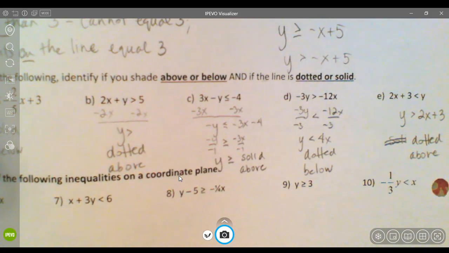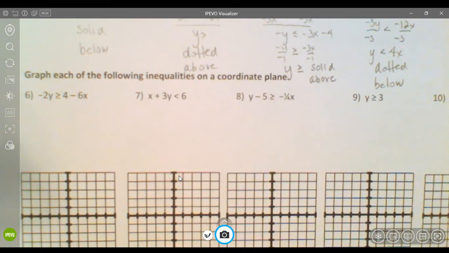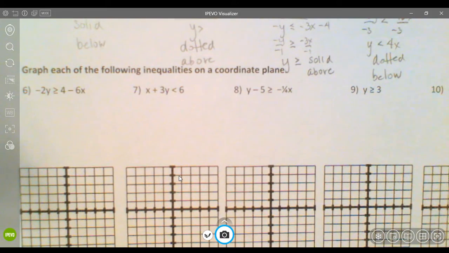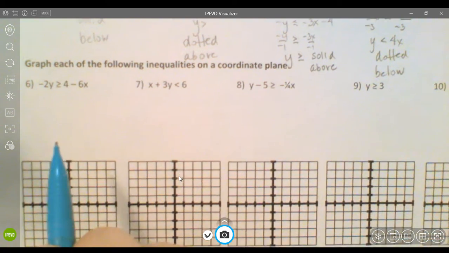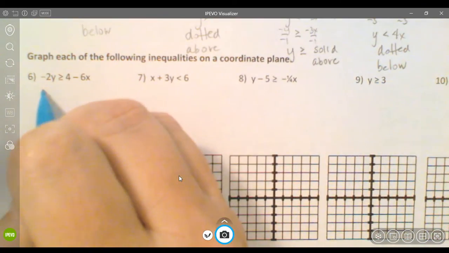Okay, so now we're going to do some graphs. And again, I'm glad we're doing this because it does help you review graphing equations in slope-intercept form. So we really are, y'all, just graphing equations in slope-intercept form. We're just adding a component where we have to shade, all right? And in order to shade, we need to solve for y. So for this one,